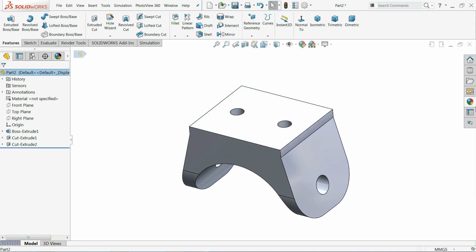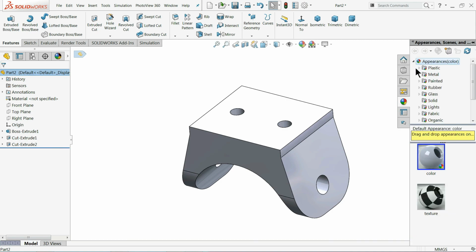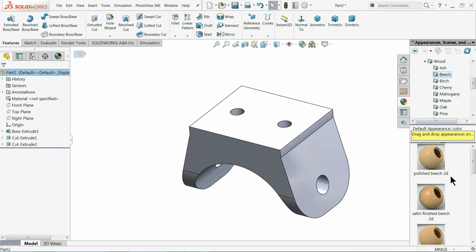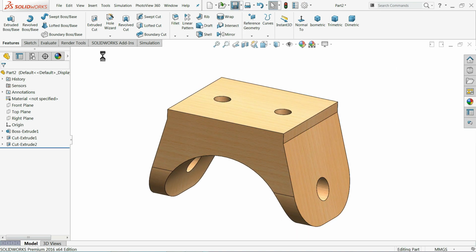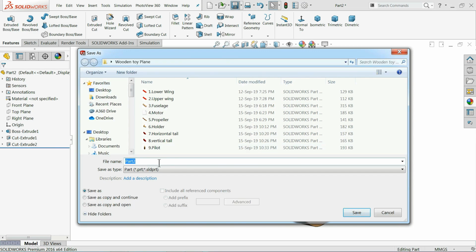Now appearance, and we will come down to organic, beach and polished beach 2D. That's perfect. Let me save this one, and this is 10.5 landing gear.